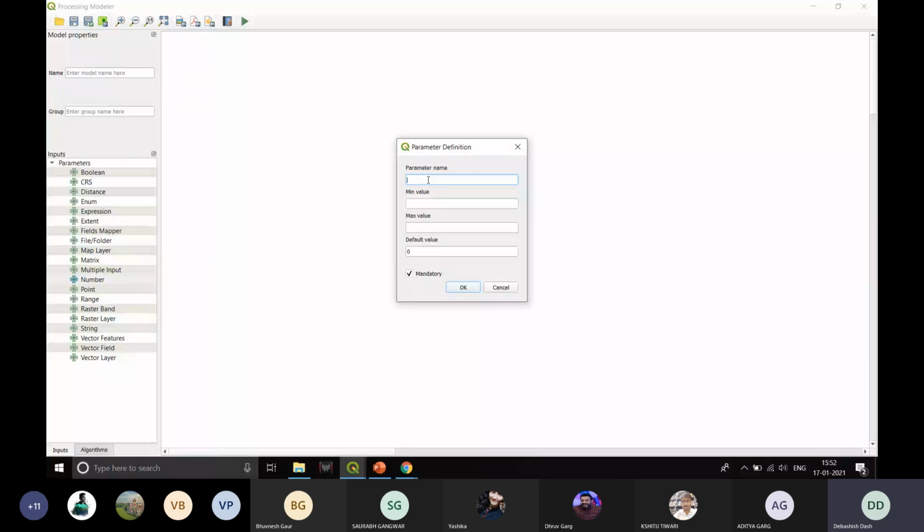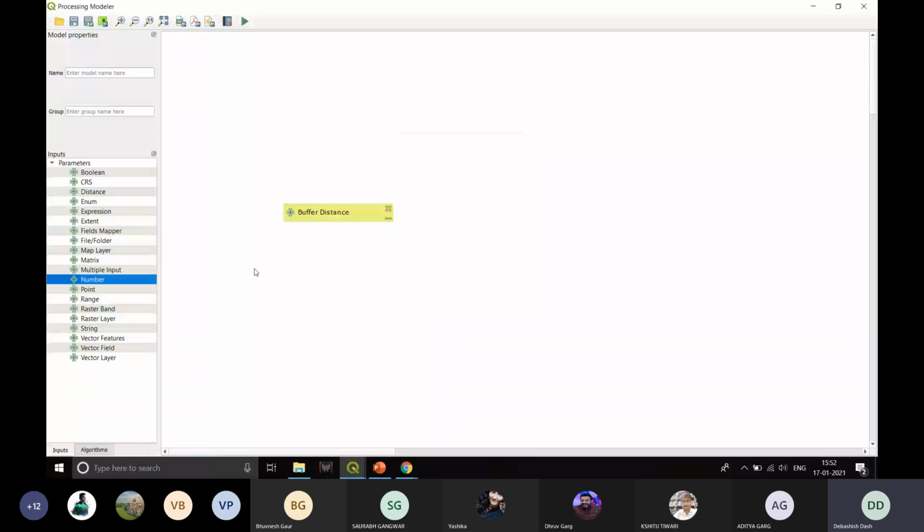So I'll just click on it and drag and leave it here, and as soon as I do that, a dialog box appears. So here I can type buffer distance maybe. I'll leave these columns empty, and I'll just click OK. So here you can see I've added the buffer distance successfully.